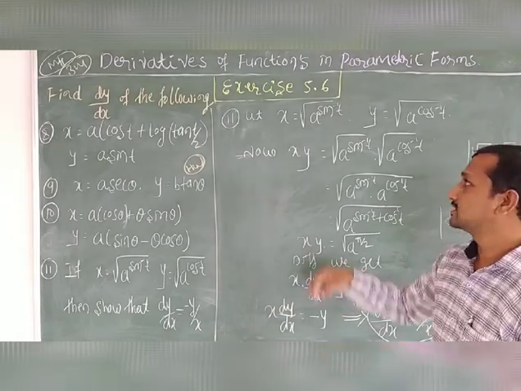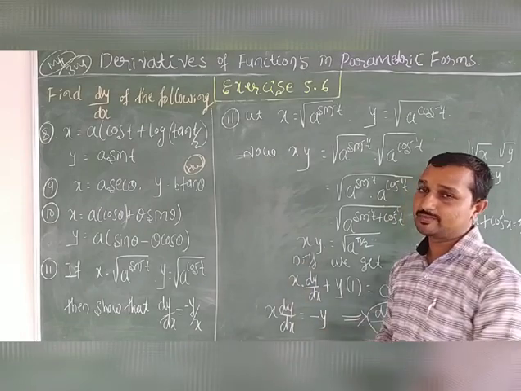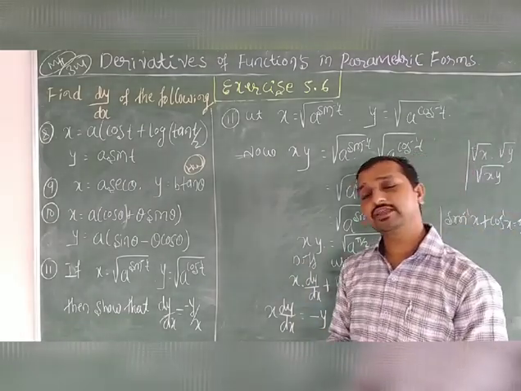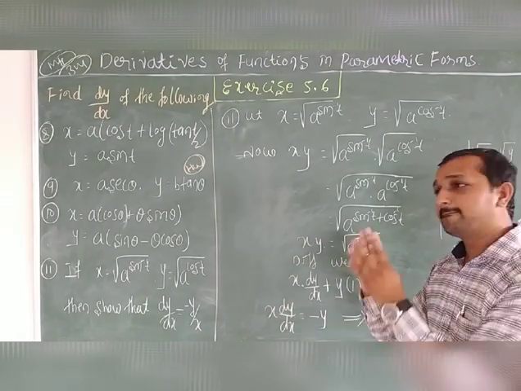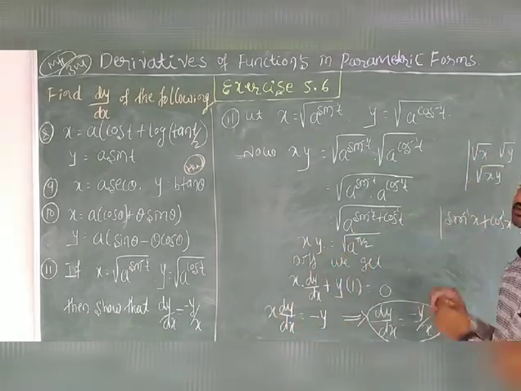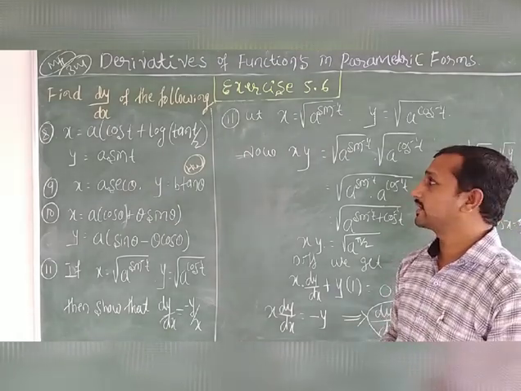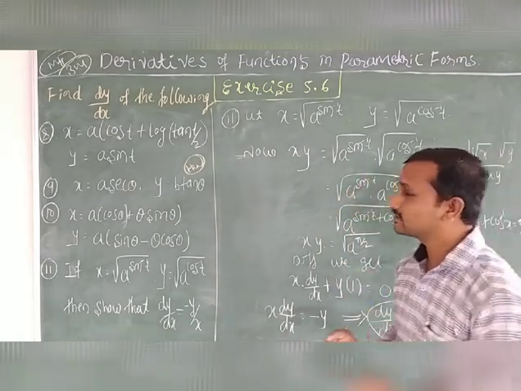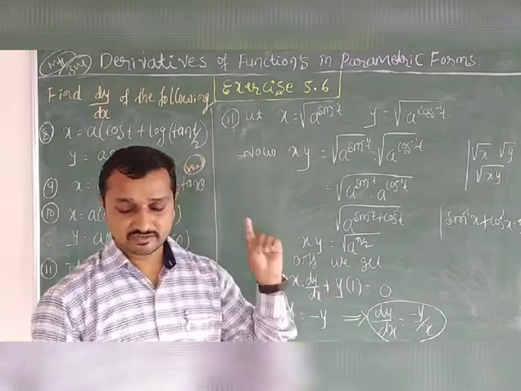It is clear that this is also a very important example. This question has come once in your annual examination. So you can solve it by both methods, either parametric or this method. Compared to parametric, this method is very easy. That's why I solve it using this method. Okay, so write down this example. This is very easy, so first of all, write down this example.